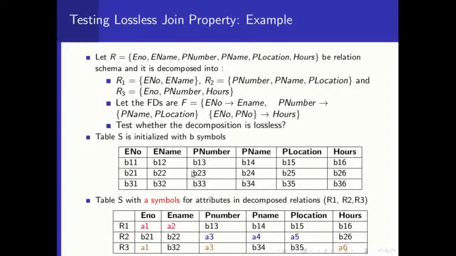Therefore, this is the first step of the operation, based on the decomposed relations given and the number of attributes as well as the number of relations. We have formed an S matrix with the corresponding A as well as B values, initialized with B values. Now replace some of the B values with the A values corresponding to the attributes in the decomposed relations: A1, A2; then A3, A4, A5; and A1, A3, A6. That's the third one.